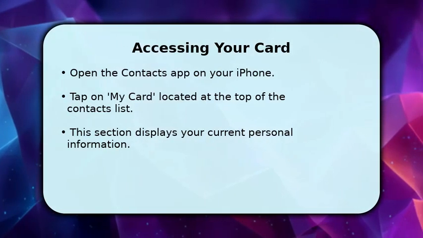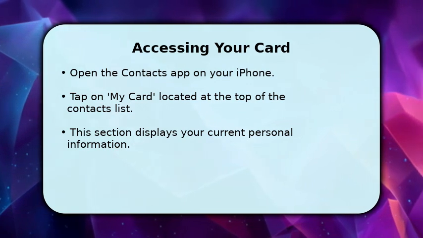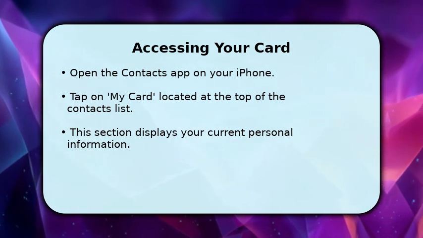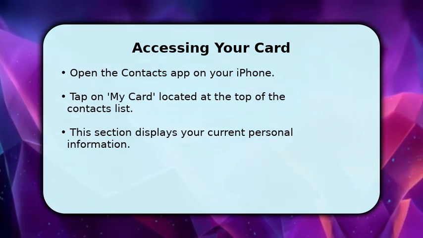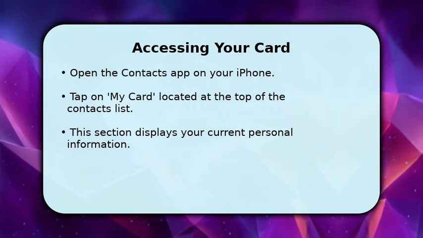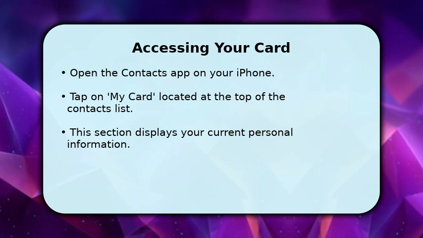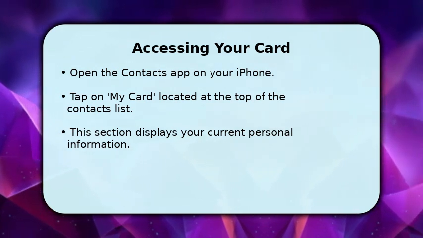Once the Contacts app is open, look for My Card at the very top of your contact list. If you haven't set it up before, it might just show your name. Tapping on this entry will take you to your personal contact page. This is where all your individual details are stored and managed, making it easy to keep your information current and